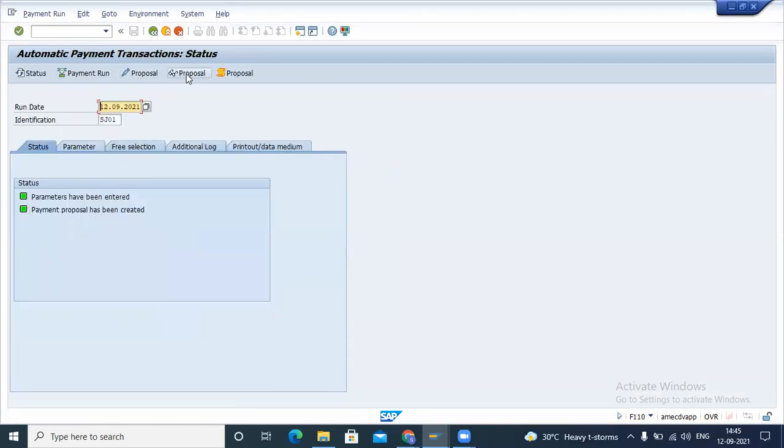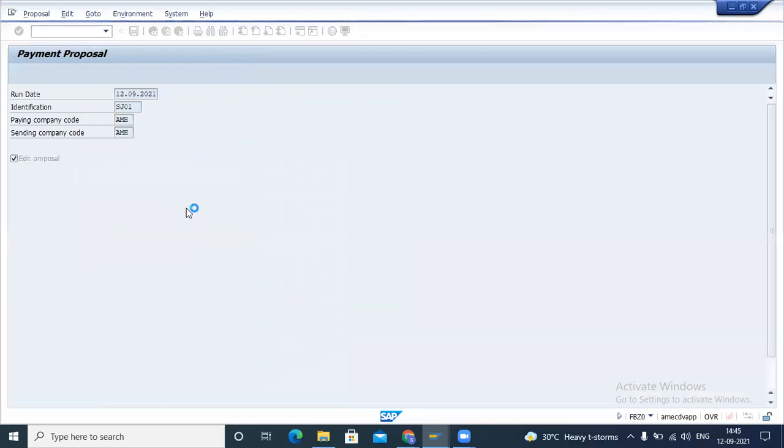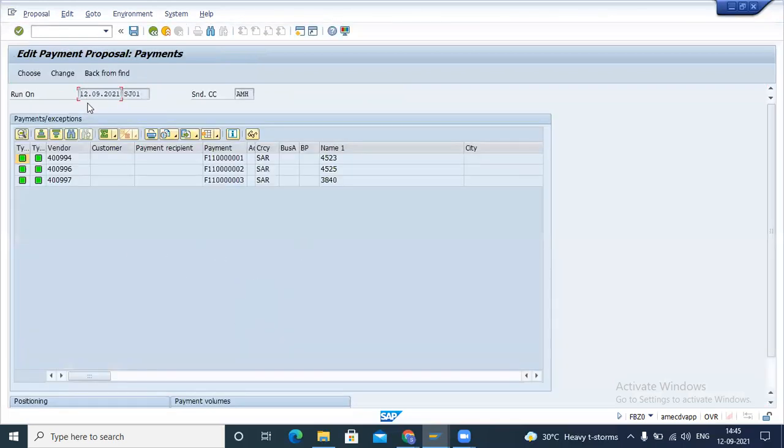There are two buttons, edit proposal and display proposal. We can go into the edit proposal or the display proposal. I'm going into the display and just pressing enter. Here we can see the green means the proposal is created successfully, and if we want to do the payment, the payment document will get posted. Now what details can we see here, which you can use for your review